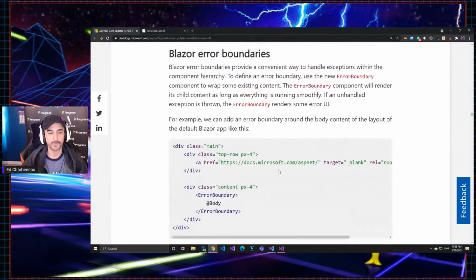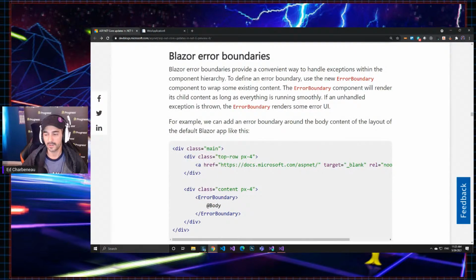Let's look at these error boundaries real quick, and let me check my friend here and see if he's getting ready to stream. He's not responding, so that makes me kind of worried. I'm going to take up his slot. I'm sure he would jump into chat and just tell me get off. So